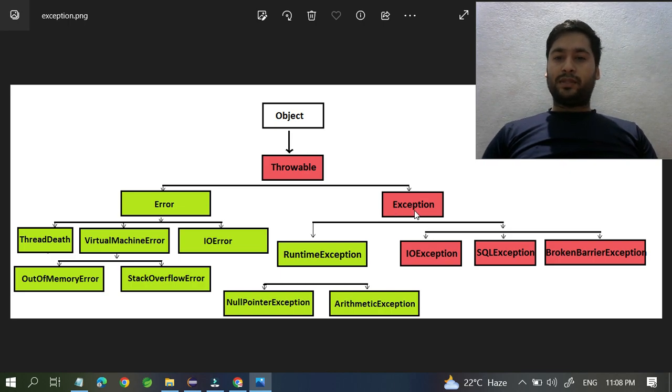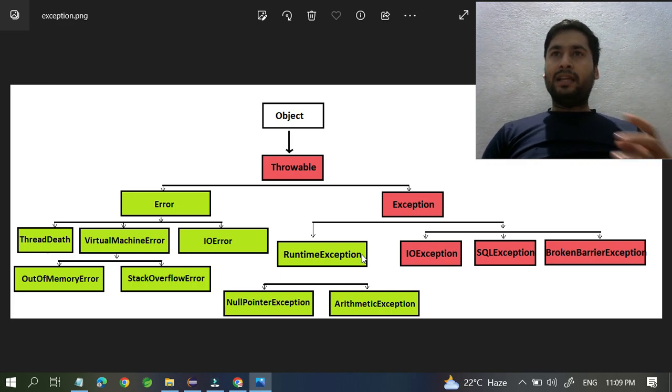Exception further has two parts: runtime exception and compile time exception. Runtime exception means an exception which comes after running your code. Your program is working fine, everything is fine, but suddenly, for example, you are expecting integer input from the user but he gives some other data, like a float or double type.